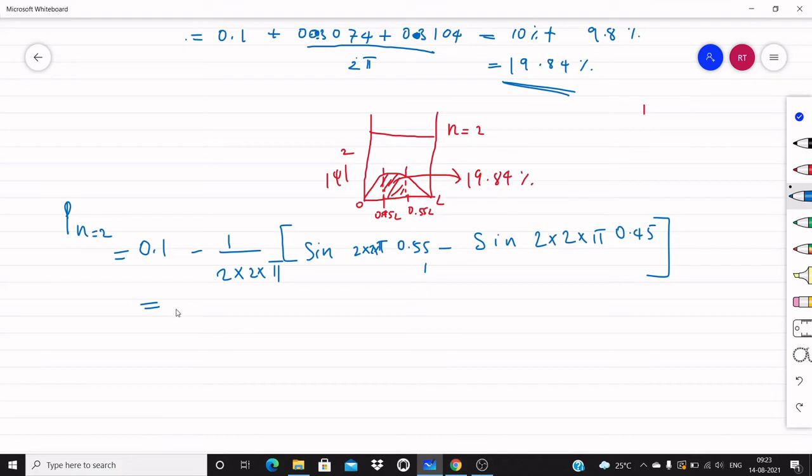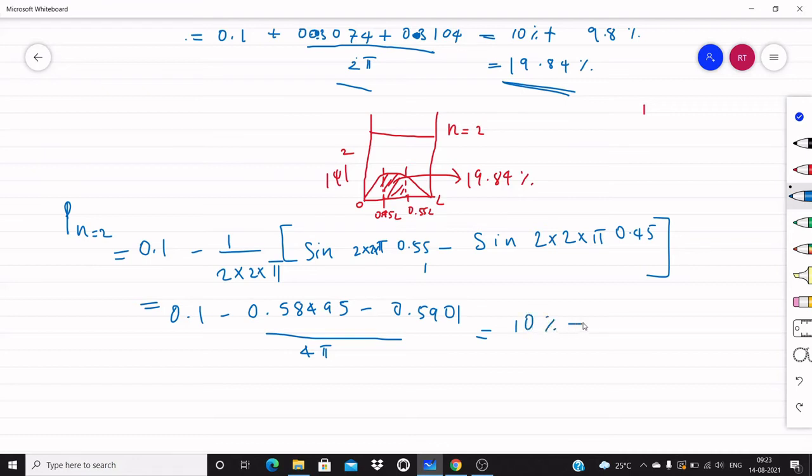Point 1 minus 0.58495 minus 0.5901, whole divided by 4 pi. In the previous case, you had 2 pi. Okay. So when we calculate it, you will get